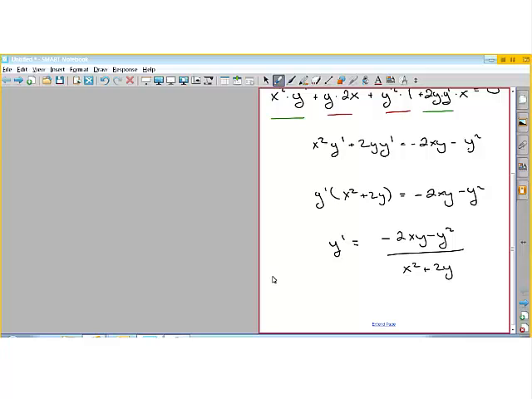So that was number 6, and then we're just going to check. Well, they did simplify it a little bit. They factored out a negative y. So if you factor out a negative y, you get 2x plus y, or y plus 2x, doesn't matter. And if you factor out an x in the denominator, you get x plus 2y. Okay, so this x squared becomes x, 2y becomes